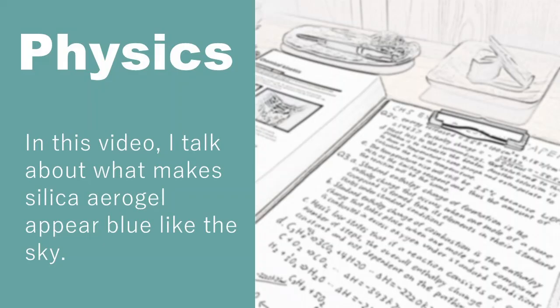Then, how does Rayleigh scattering apply to silica aerogel? The intricate silicon dioxide skeleton in an aerogel gives rise to billions and billions of tiny internal surfaces which scatter the incoming light by getting in the way of the light. In my understanding, when white light containing all wavelengths of visible light tries to pass through a silica aerogel, the aerogel selectively kind of traps the blue light and scatters it in all directions, including towards your eyes, making the aerogel appear blue. I also learned that silica aerogel has extremely powerful thermal insulation and the lowest